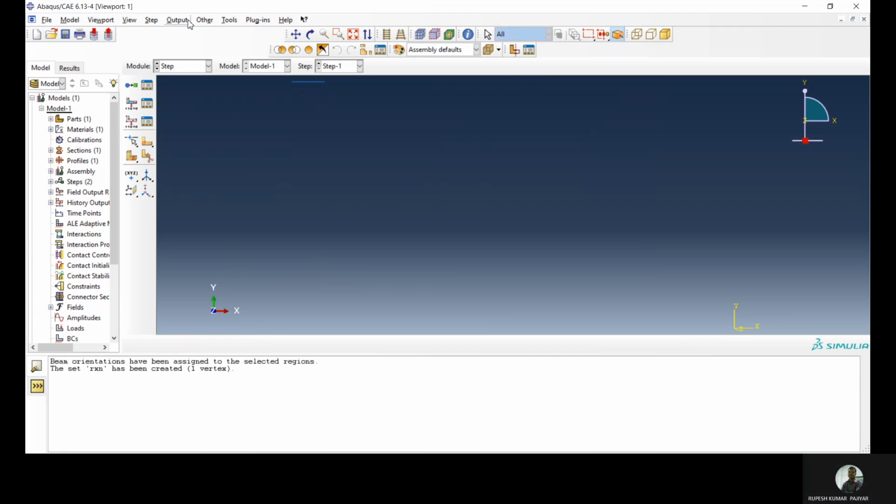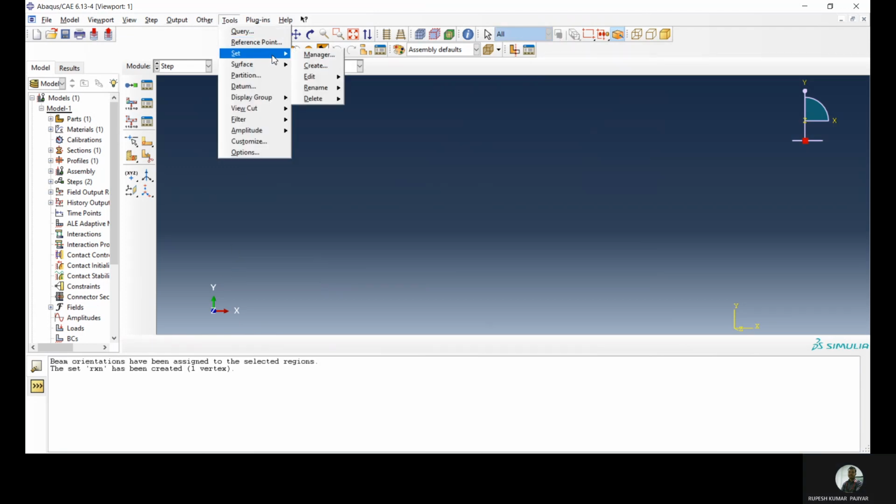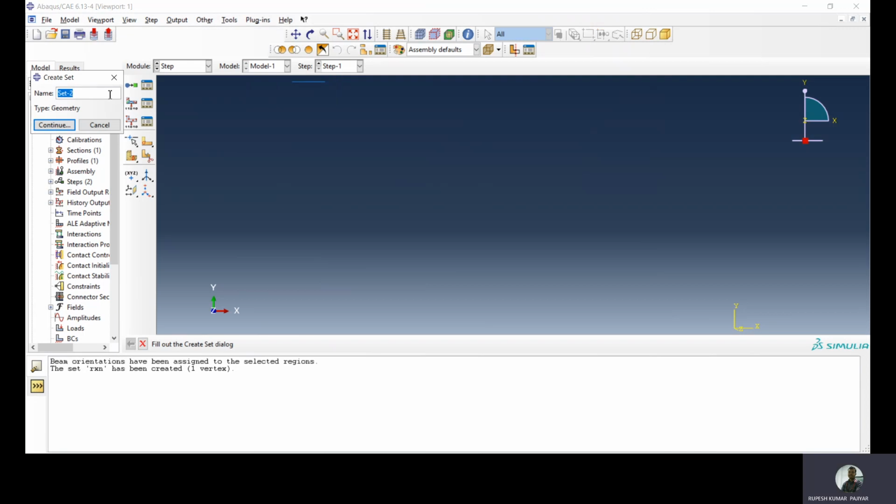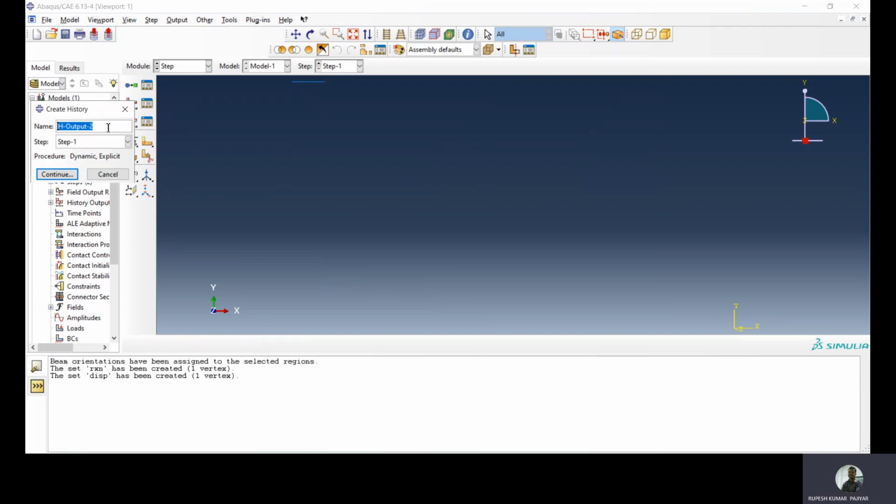Done. Similarly, we'll define the displacement part. Here the load is acting, so the displacement will be here. Done. Now we'll define the history output for the reaction.